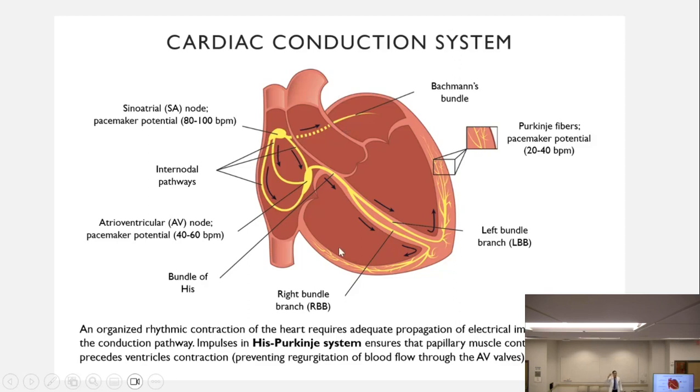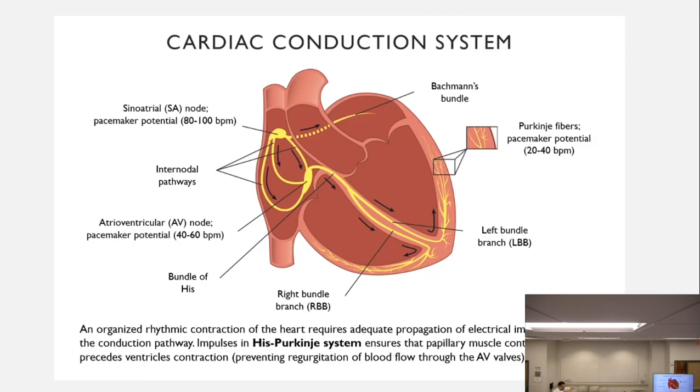So the atria are going to contract immediately after the sinoatrial node fires. And then we have here a special node called the AV node, atrioventricular, that has a very, very slow conduction velocity compared to the rest of the fibers of the heart. The impulses from the SA node to the AV node travel very fast, but these fibers have a very slow velocity, so it's going to hold the impulse a little bit. It's going to make sure that the atria are completely